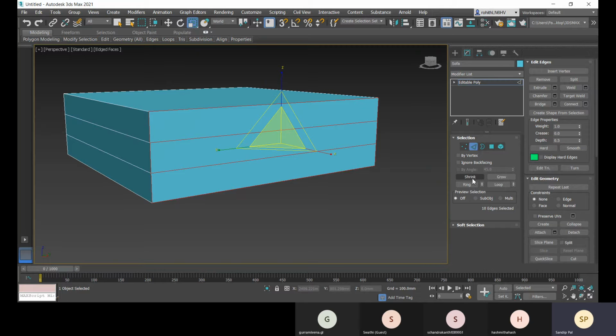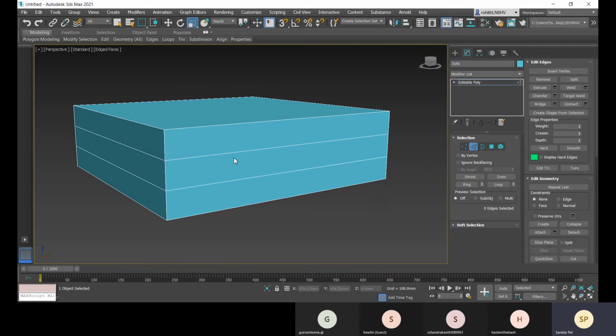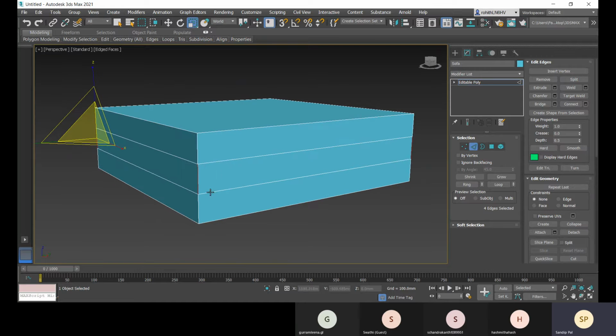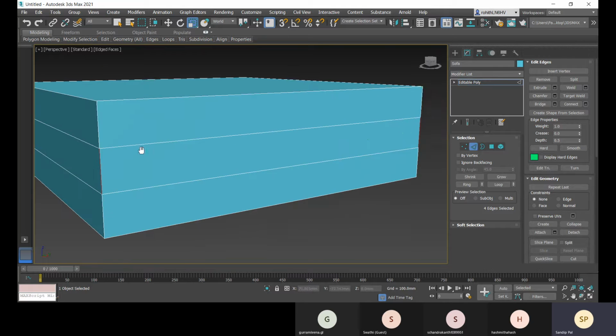Okay, and you also have this shrink option. If you want to reduce the selection, then you can go with the shrink option. And if you want to select in a ring, after selecting it you can go with this ring, so it will select in a ring. You can see that all these 4 edges, this one and this one, are selected.